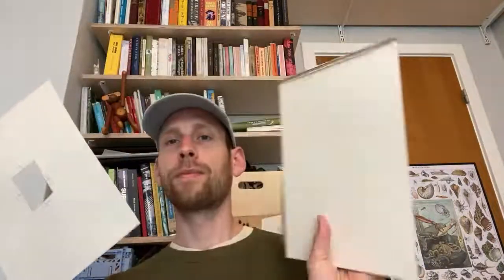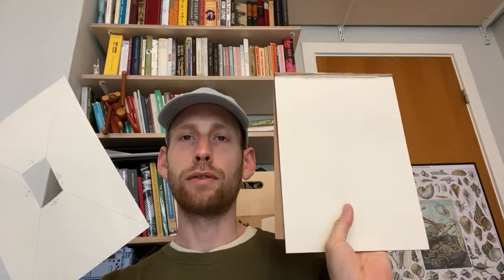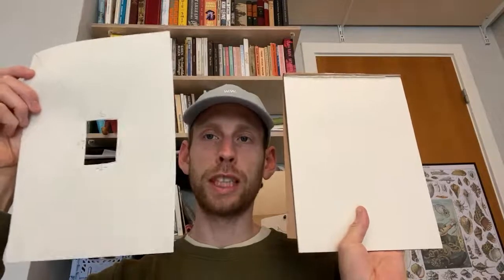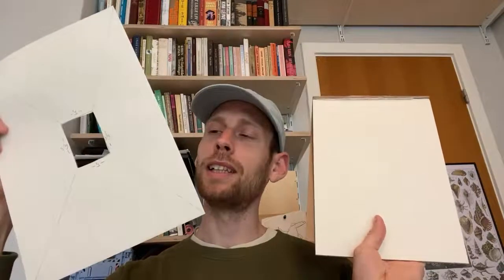So, apart from the chair, we need, of course, paper, we need a pencil, and we need a scissor. The first thing that we do is we have to create a Motif Seeker. And a Motif Seeker is basically this thing here. I've just prepared beforehand. And what you do is you start off by taking a piece of paper of the same size as the format that you will be drawing on. So in my case, I will be drawing the stool using A4. So I have taken a piece of A4 paper to create my Motif Seeker on. So if you're using A5, you will be taking a piece of A5 paper as well and create that Motif